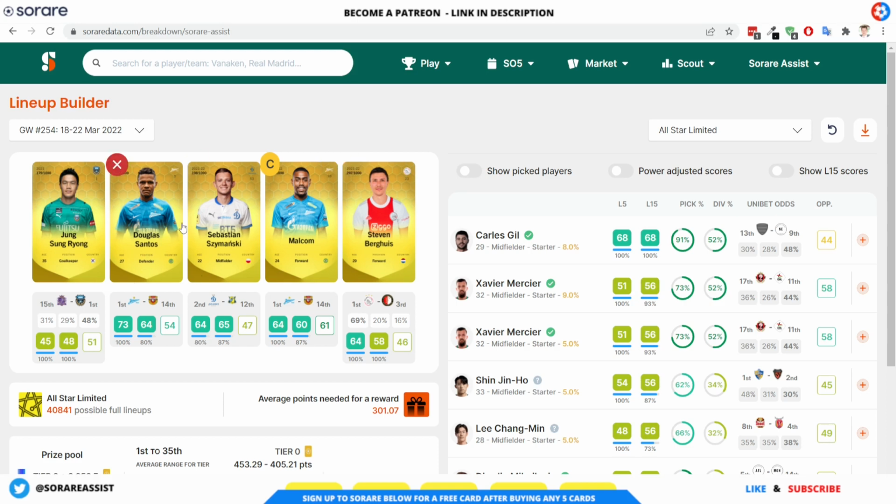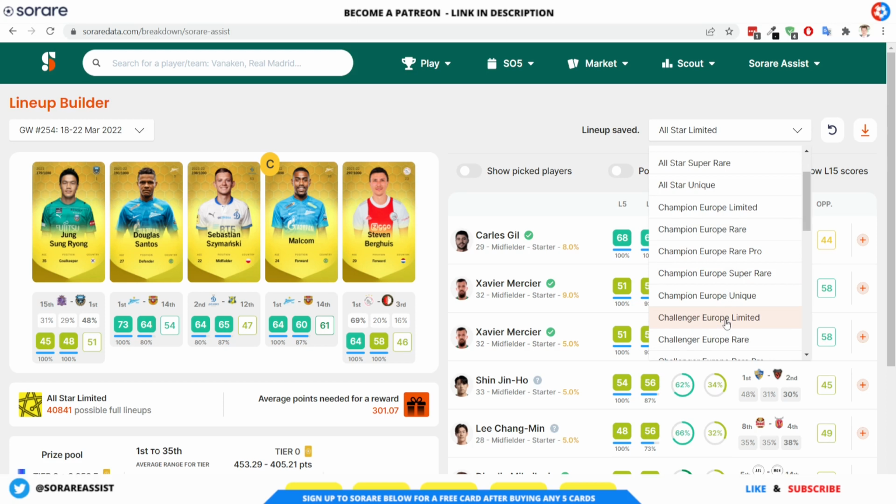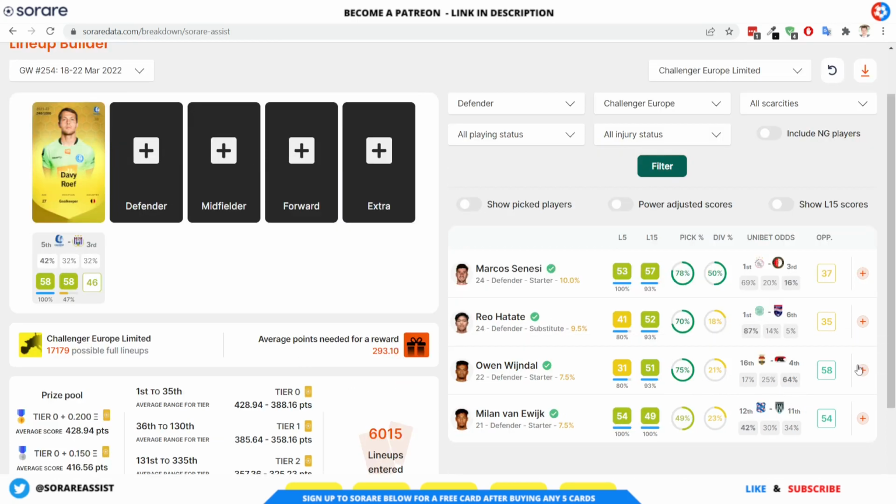This is one of the reasons I've decided to go for quality over quantity. And I'm going to save that as well now. I'm going to go back to my Challenger Europe team. So I've only got David Roof at the minute, but as I say, I'm going to put Winsdal in the